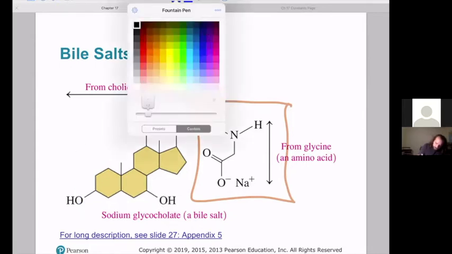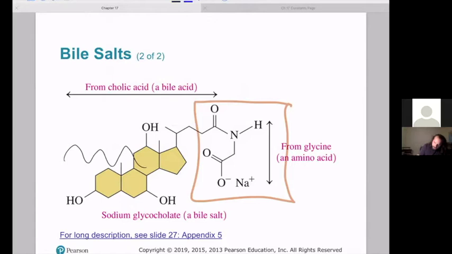chain of those fatty acids, that was terrible, will be interacting with, oh my God, I can't